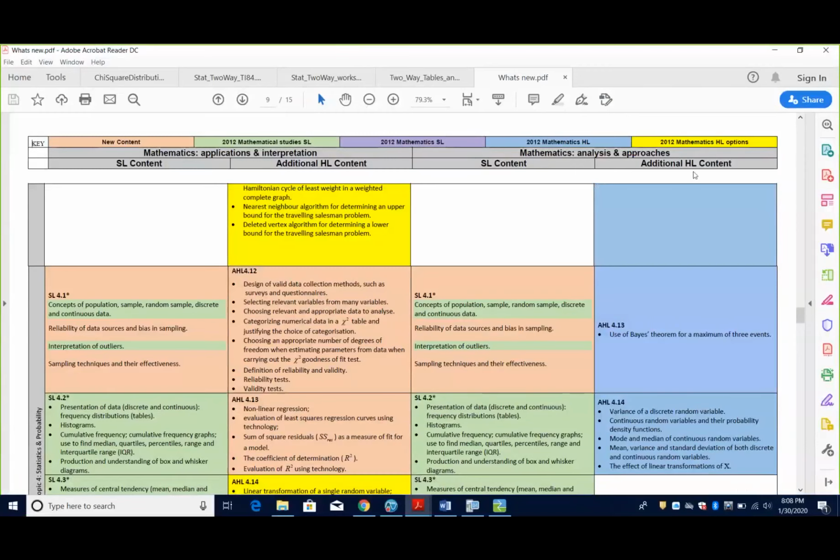So basically, I received this document from a friend of mine who is one of the workshop leaders going around the country to all the new math teachers, leading the workshops that are training them for the new curriculum. He gave me a few documents, this being one of them, that he's been using in those workshops, and I get to share it with you.